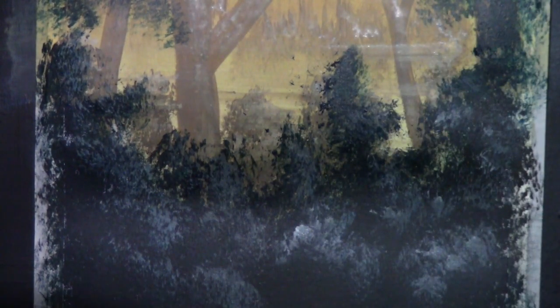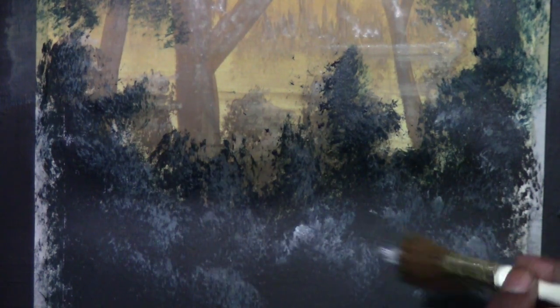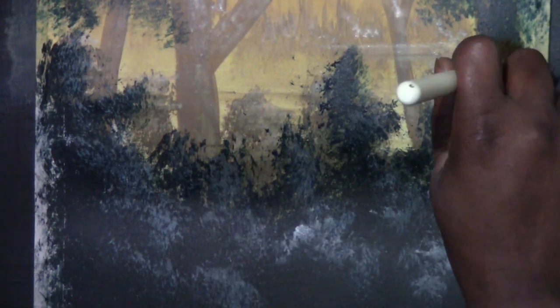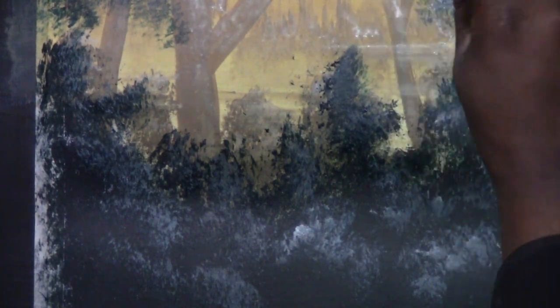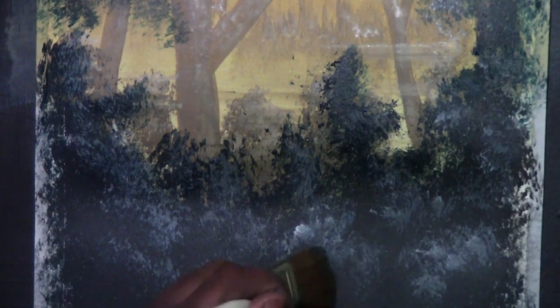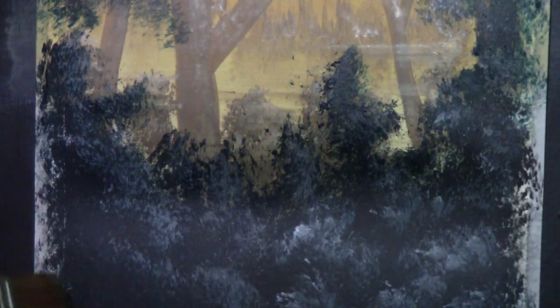They're not looking like the tamest of bushes, and you might not want that really tame look. Okay, and like I said, this is white mixed in with the dark color that you see before you, which is that weird bluish green, even though I use brown. Okay, and only a few little taps here and there. I'm gonna come back down here on the bottom where you guys can see it. Okay, and as this gets darker,